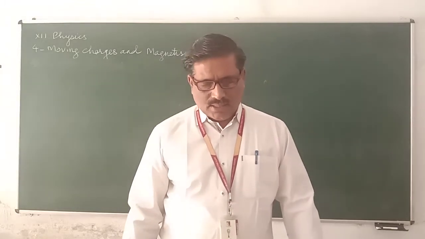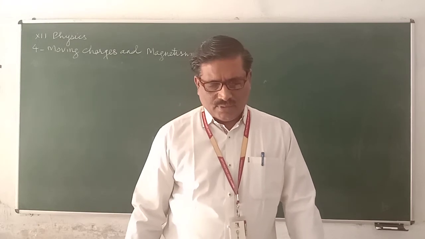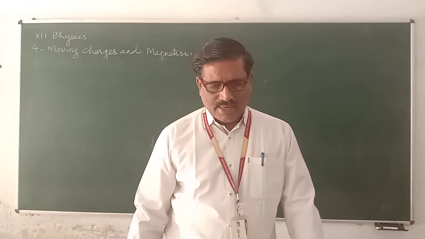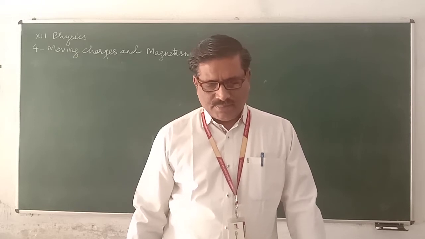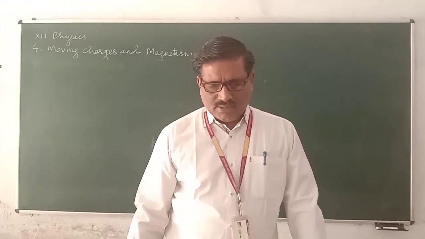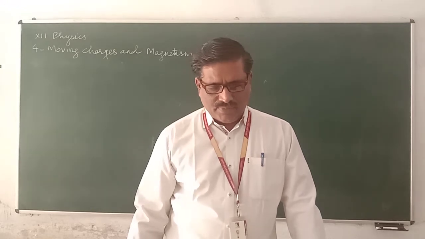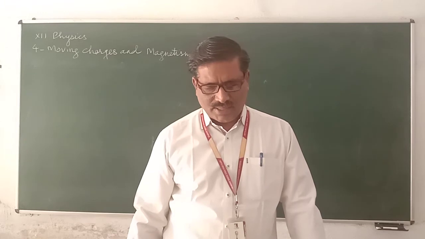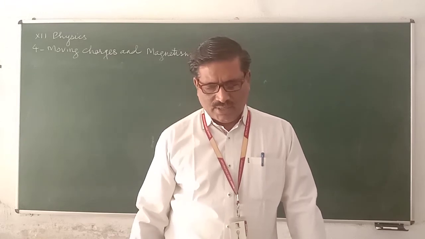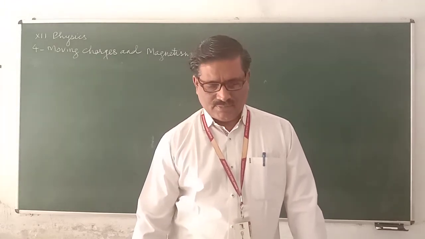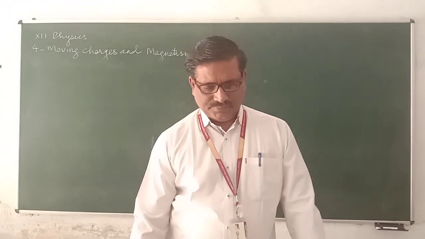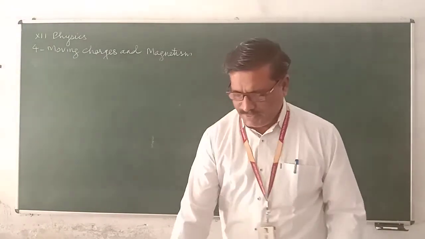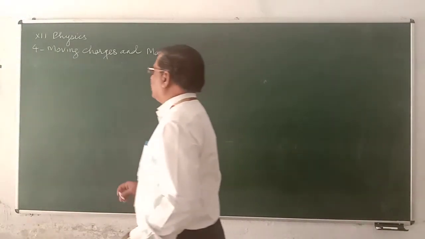How does the contribution of B for the semicircle differ from that of the circular loop, and in what way does it resemble? Would your answer differ if the wire were bent into a semicircular arc of the same radius but in the opposite way, as shown in figure B? There are figures given. So, the first figure, it is problem number 4.6.